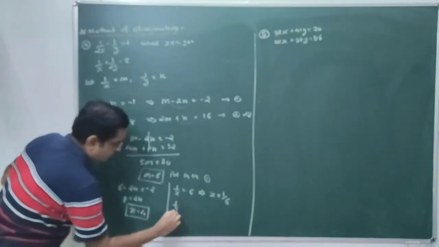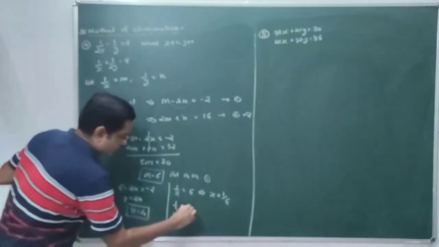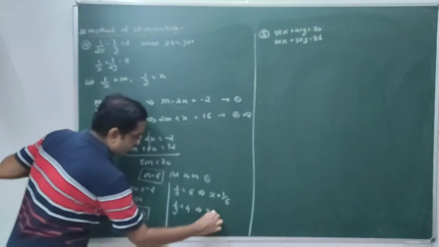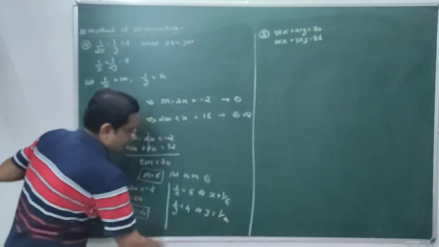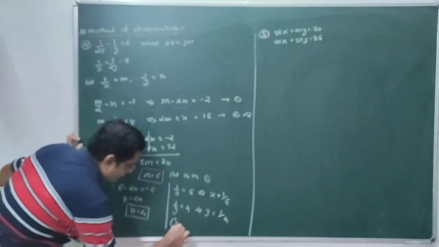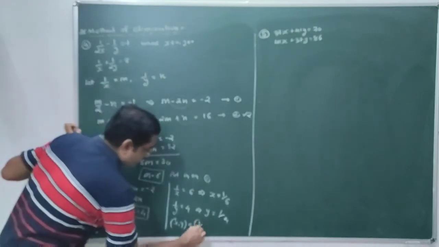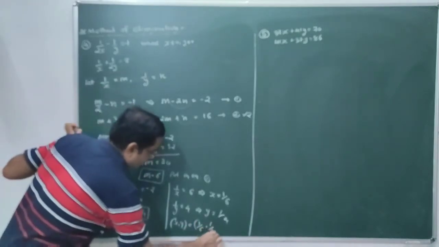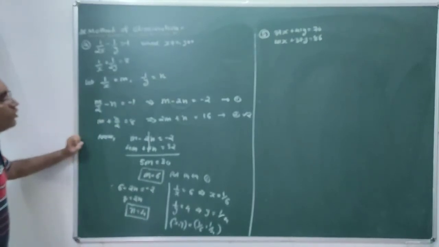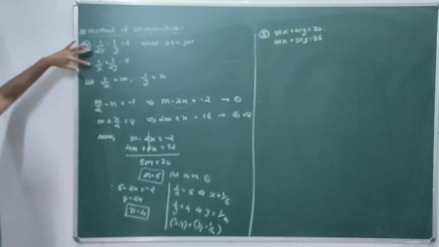1 by y is nothing but the n, and our n is nothing but the 4. So 1 by y equal to 4, and therefore value of variable y is 1 by 4. So now our solution is this x and y. So ordered pair (x, y) is equal to (1 by 6, 1 by 4). Clear, students?